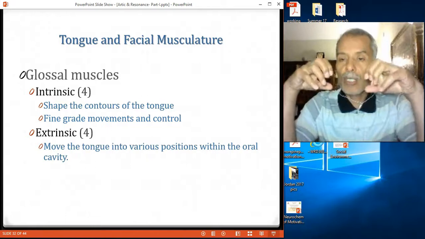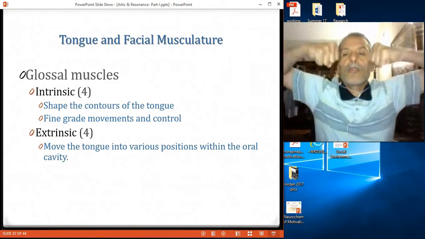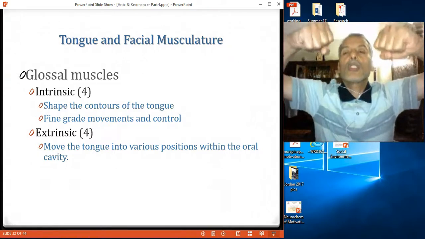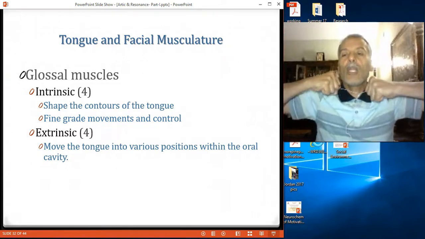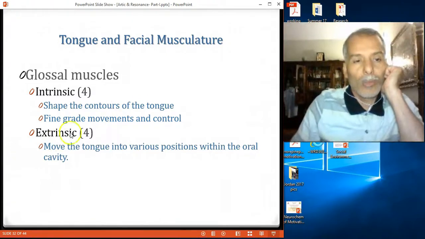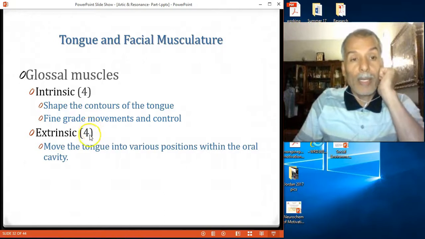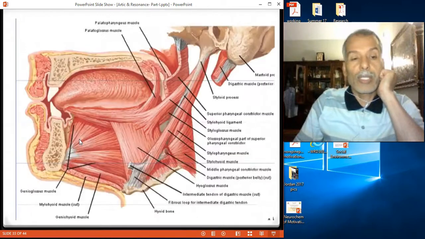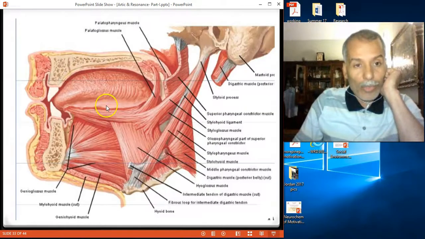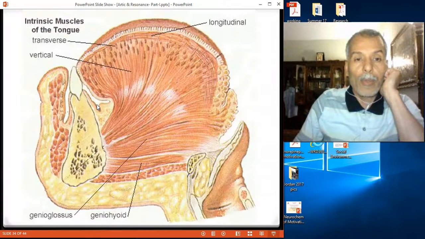But the extrinsics are the ones that lift up the tongue and bring it back, or bring it out, or pull it down, like ah, ooh, ee, the muscles that we discussed. We'll go over them again here. So, four intrinsic lingual muscles, and four extrinsic. The intrinsic ones,